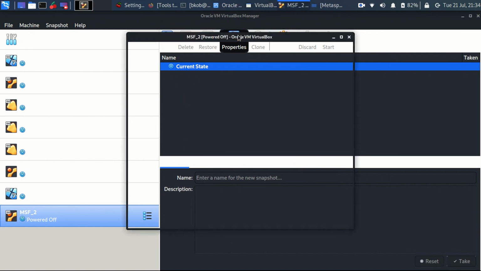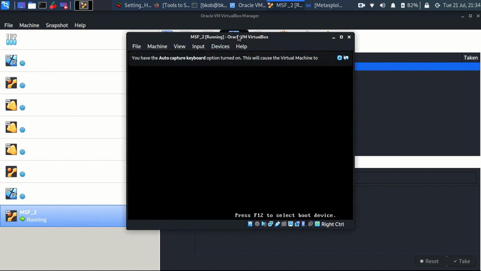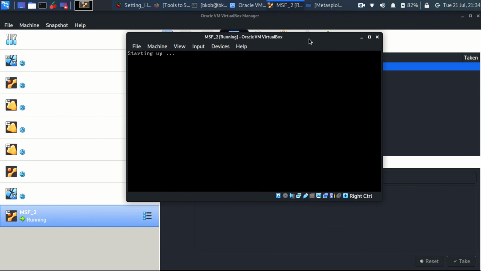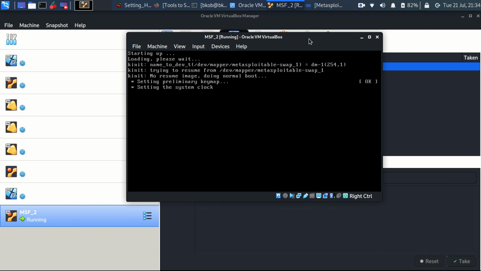This will not take much time as it did with the Windows 7 file, because this is purely a Unix environment, and you also do not need to install guest additions in these machines. That's because this is loaded with drivers by default.